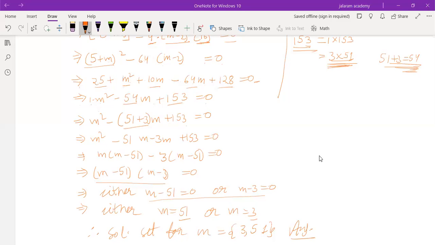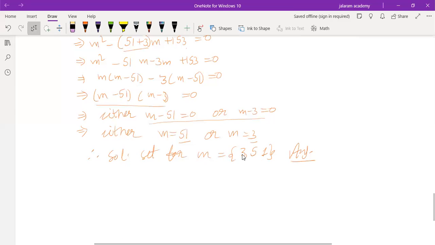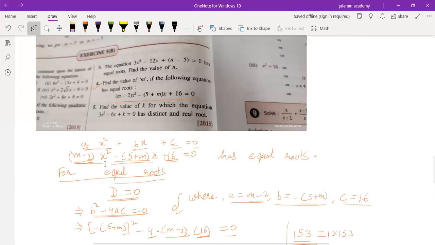Okay. Though we know that whenever coefficient of m square is 1, this is also the restriction, the roots are directly there, only when coefficient of m square is 1. The factors which we have found for 153, 3 and 51, are the roots of the equation also. Is that clear to you? So if you attempt any competition exams, you have to use this method to find the roots of quadratic equation. Okay, everyone. Now, question number 5 also I am going to discuss.